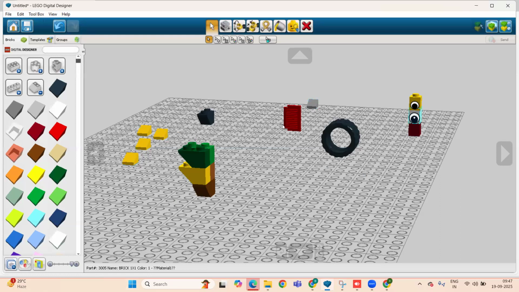Even if you want to check any specification or any information about any kind of brick or part, when you click on that particular part, you will get all the details at the bottom: what part number it is, what name it is, and what color. Okay. Like the part number is 3665, the name is roof tile, the size specification is 1/2, and the color is 26. Similarly, if I'm using this to get the information about that part, you can see the part number is 89201, the name is tire low wide, the specification is 24/14, and the color is 26.